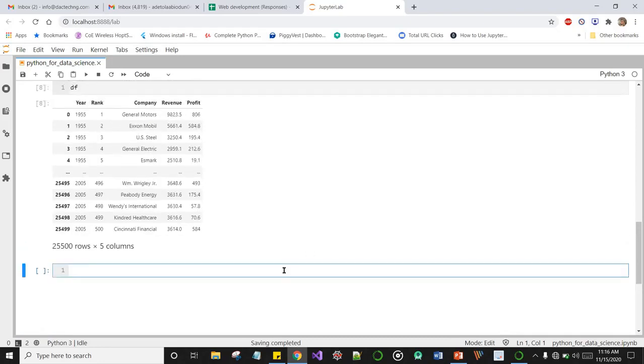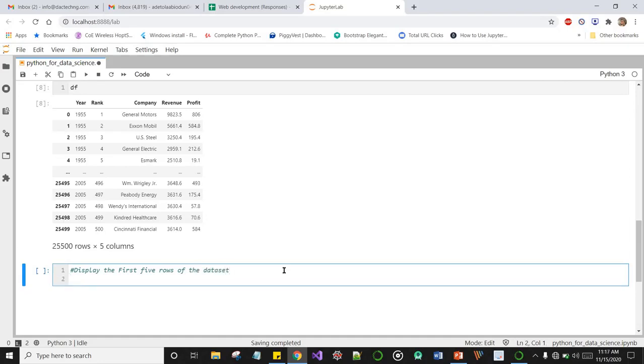Okay, so let's just say we want to display the first 5 rows of the data set. There's an inbuilt method in Python called dataframe.head.